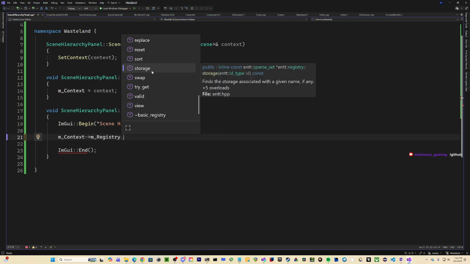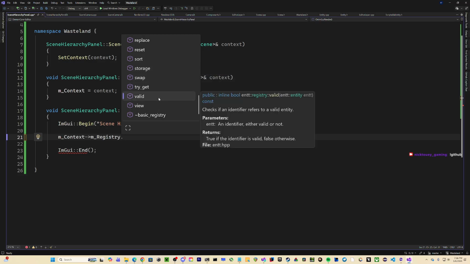My storage finds the storage ent ID type ID. No, I don't think. Valid? I do not know.